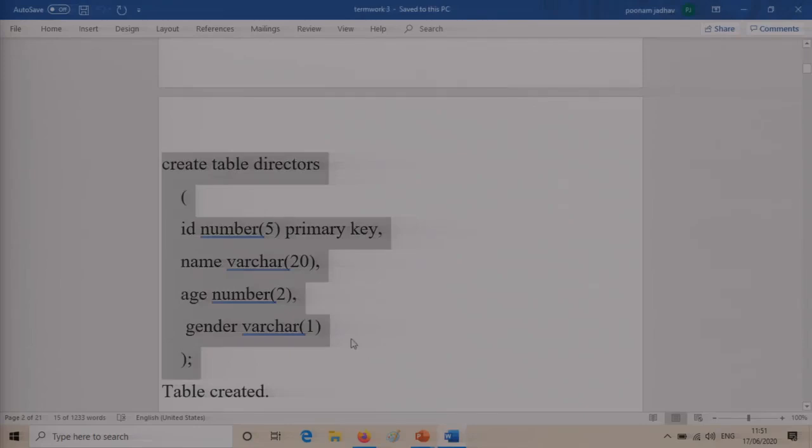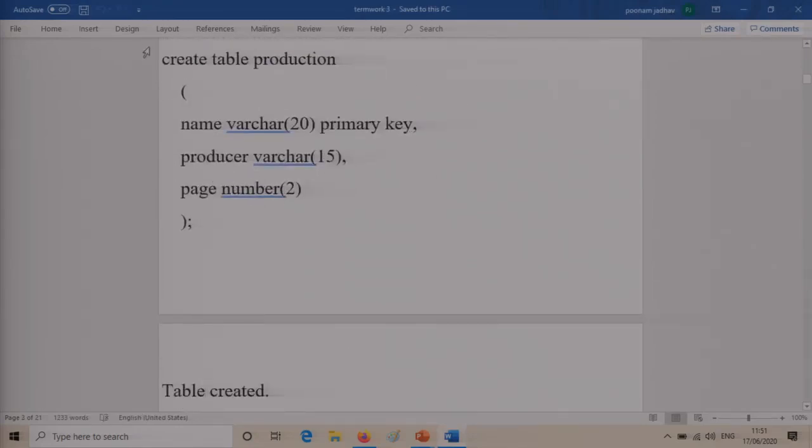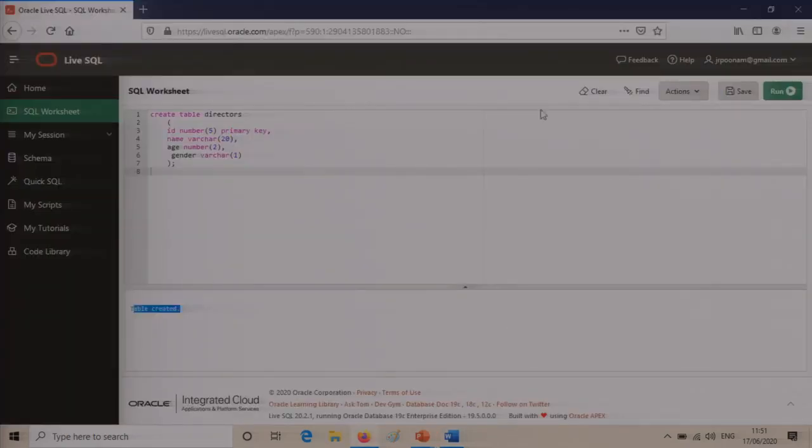So this was the director table. Now the production table. It is exactly as it was told in the schema. However, minute changes have been made in the names only, because they were giving a little problem while creating.